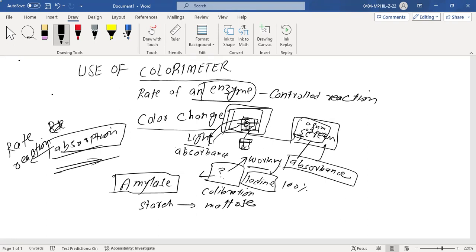If the rate of reaction is greater, what does it mean? That enzyme is functioning greater. That enzyme is performing its function at a larger rate. So the rate of reaction is directly linked to the rate of involvement of the enzyme. If your enzyme is more active, it means the rate of reaction is greater. This is how you measure the rate of an enzyme in a chemical reaction,